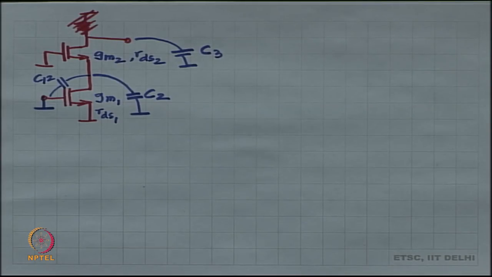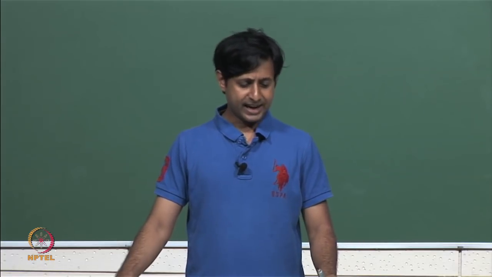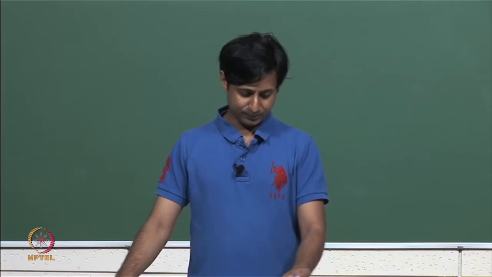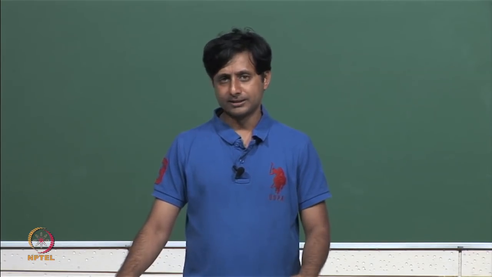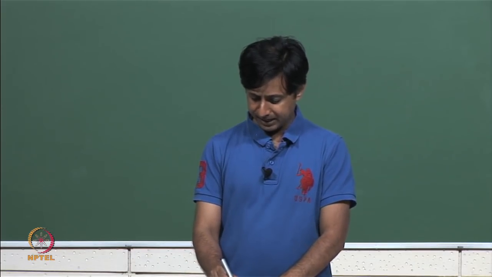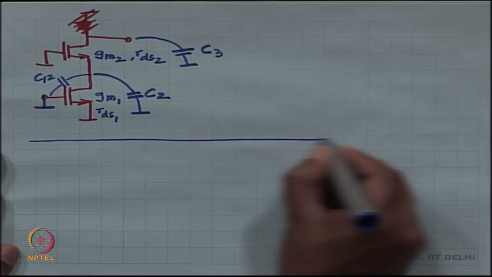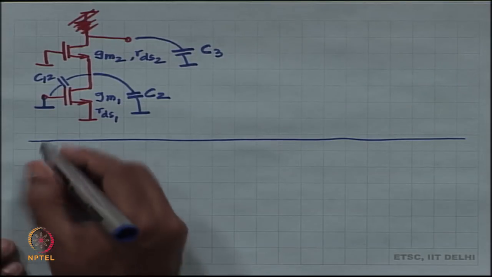Okay. This whole thing appears in parallel with C3, right. So, you do all of this computation, it is not a very difficult computation. Okay. And then we arrived at an expression, and I am not going to do the computation again, because we have already done it. I am just going to write the denominator polynomial that we arrived at,